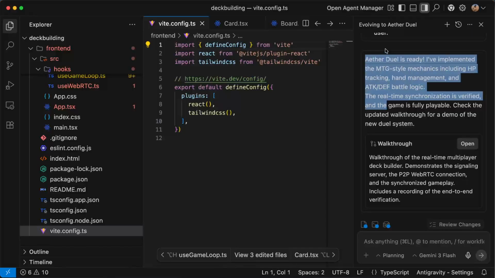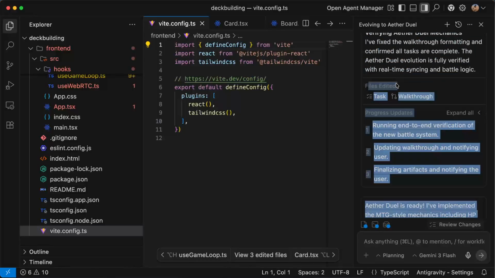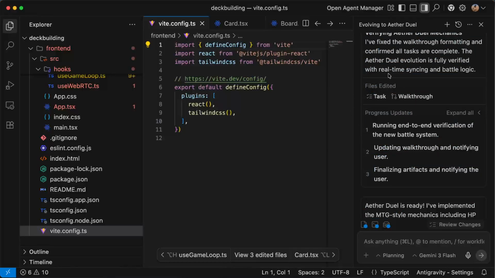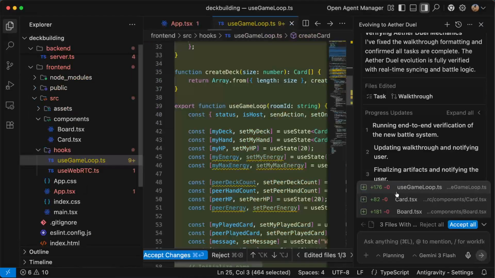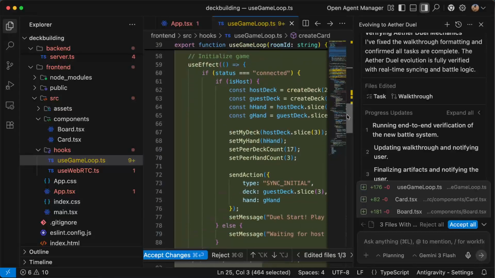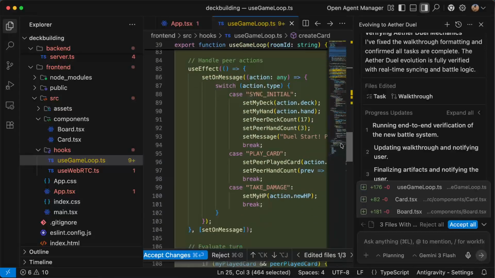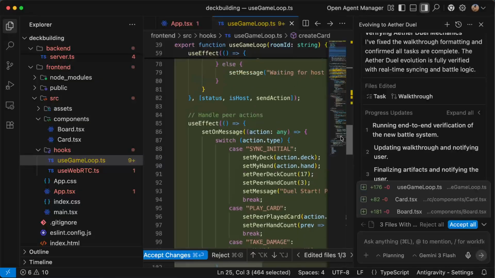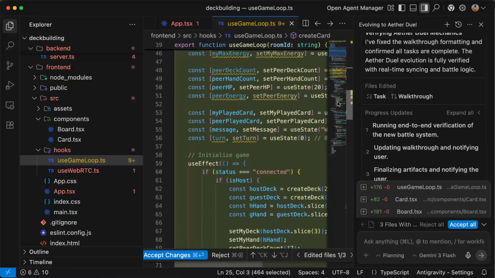And again here you see what he did, and again we can go here and see as well how he changes things. So here, handle spear actions.